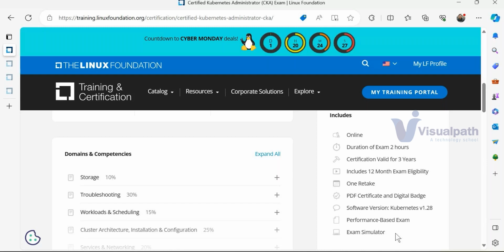So what they do, they provide an exam simulator. There are two types of exam simulator they will provide. It's basically a practice lab, a prototype lab. How you are going to write the exam, same to same. Same feeling. Clock is ticking. Questions would be 17 to 18 questions. Normally they say 25 questions just for practice, so that you should be adjusted to the 2 hours. They give you more questions to finish in 2 hours so that you can adjust to the 2 hour window and attempt 17 to 18. So in this lab they have 25 questions, more questions and less time, so that your speed will be fast. That is the only goal.